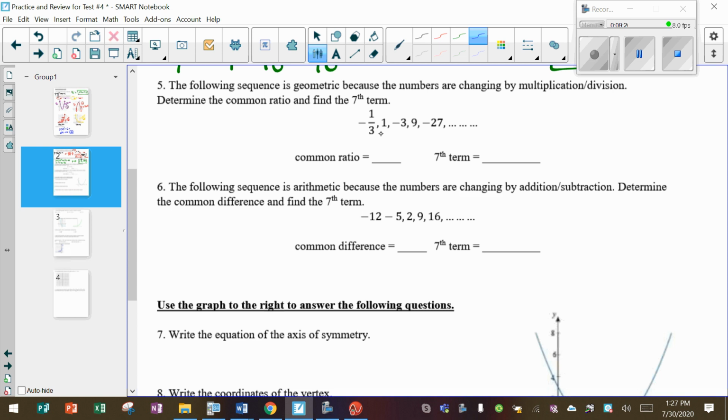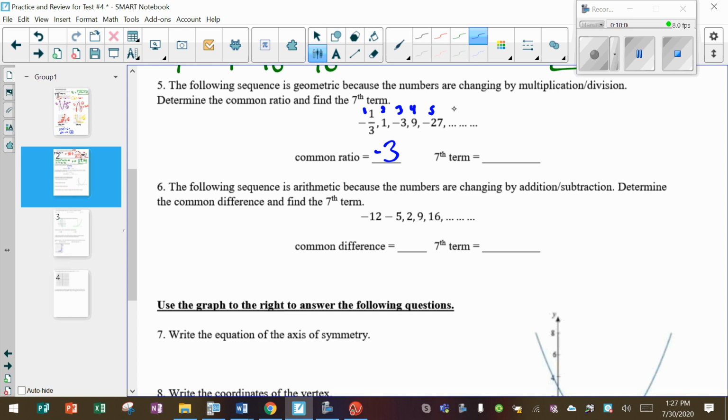And so if we look at the fact that we're going from 1, 3, 9, 27, how do we get from 1 to 3, 3 to 9, 9 to 27 using multiplication? Well, we're multiplying by -3 over and over and over. So if we go to our calculator or continue in our list, this is term number 1, the 1 is term number 2, the -3 is term number 3, the 9 is term number 4, the -27 is term number 5,